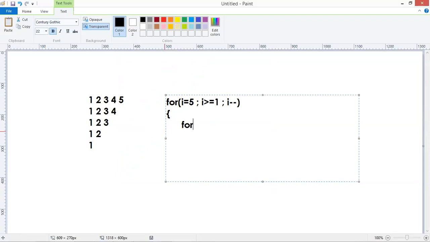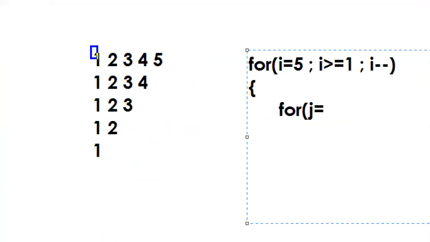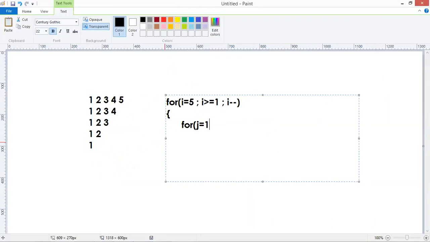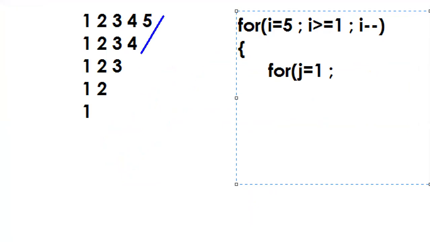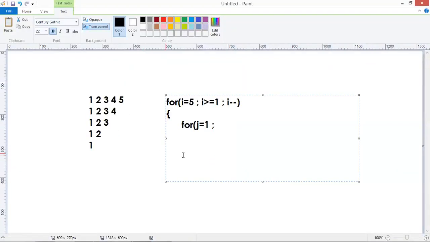Next, the j value. Every time, look at this, the pattern starts with 1. So the j value starts with 1, up to 5 4 3 2 1. 5 4 3 2 1 means what? i. So j is less than or equal to i, j plus plus.